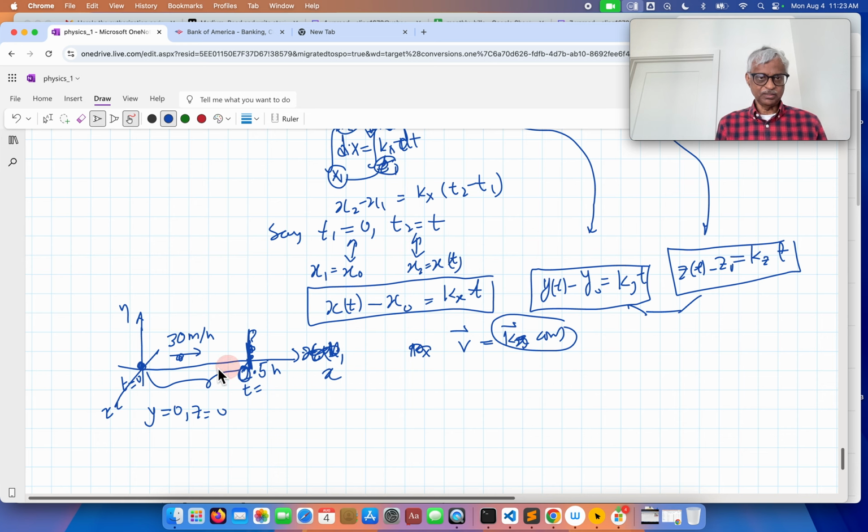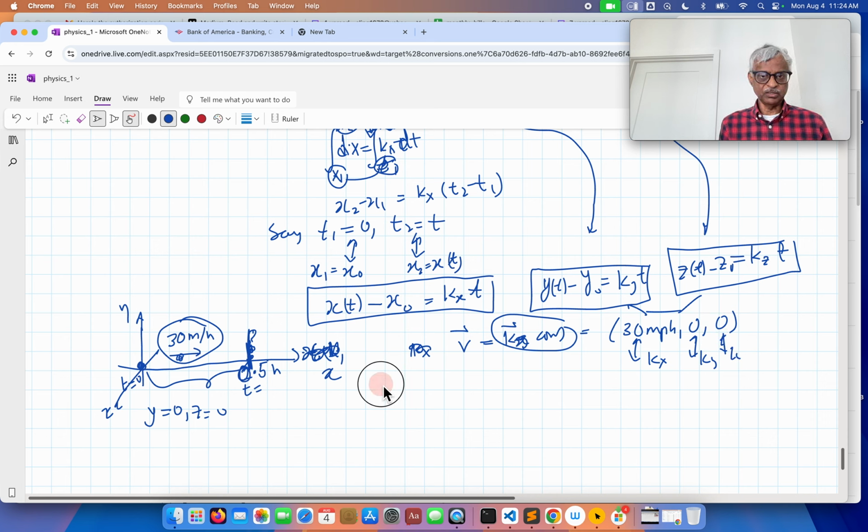So what this guy is telling me is 30 miles per hour, 0. So this is kx, so ky is 0 and kz is 0. So right from here, just algebraically, I know this is a really trivial problem,